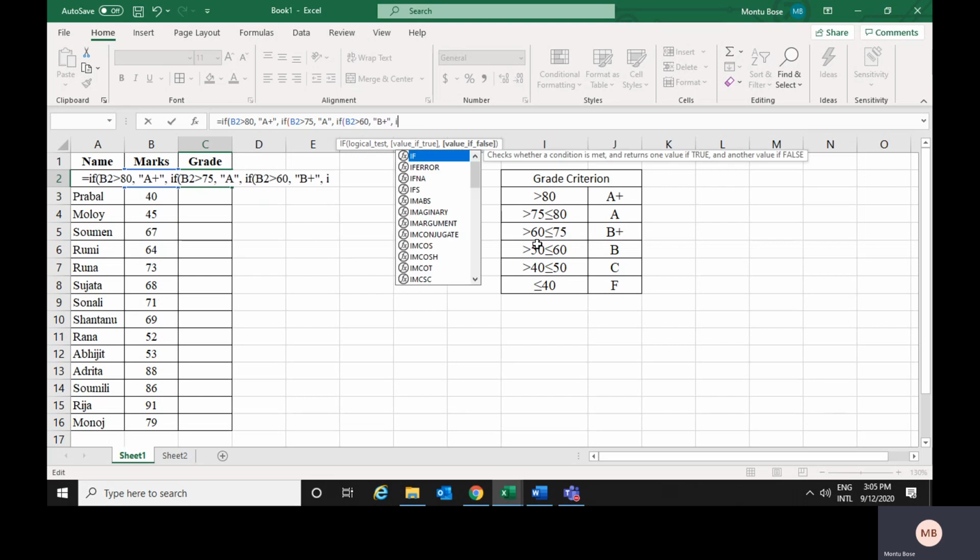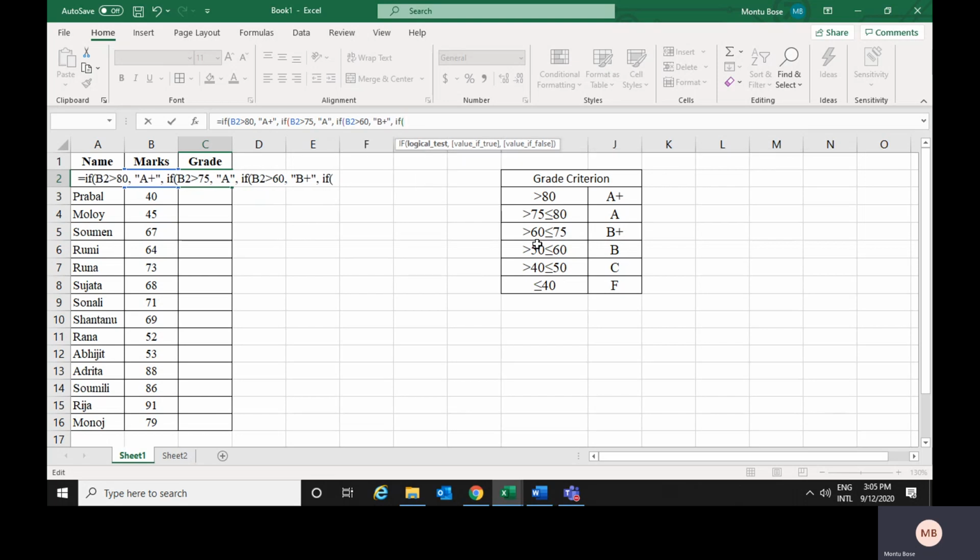If it is not true, then the next criteria would begin: B2 greater than 50%. If it is not greater than 60%, then we need to check whether it is greater than 50%. If it is greater than 50, then the grade would be B. Comma.